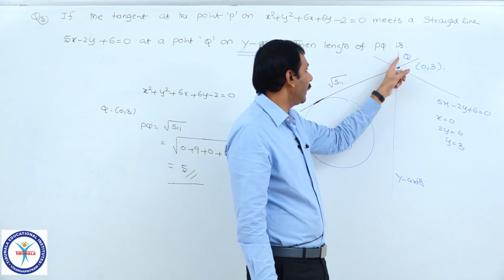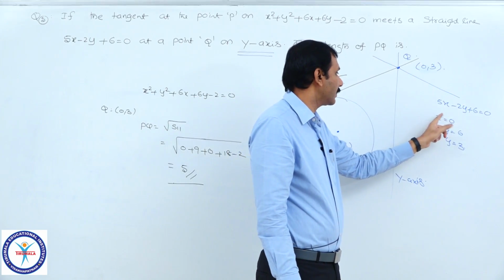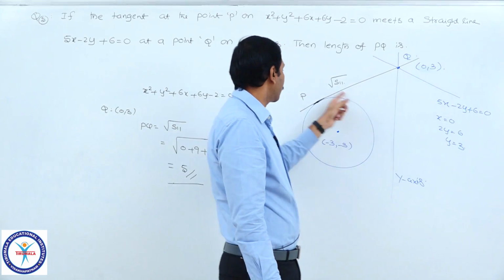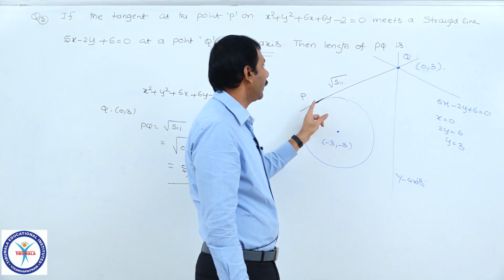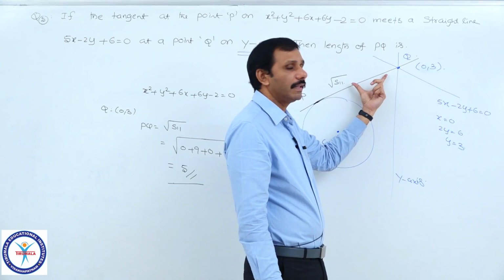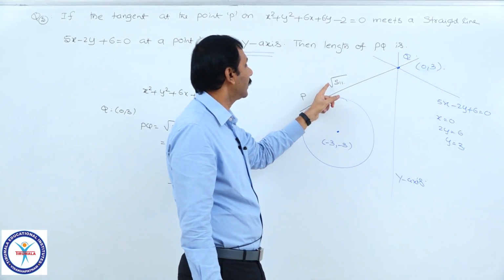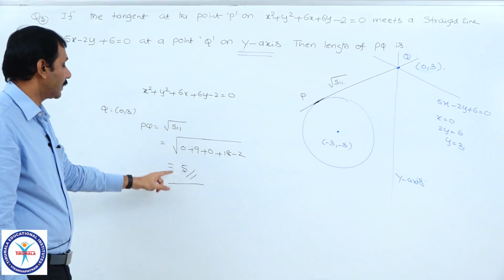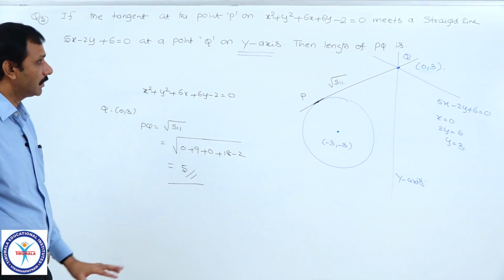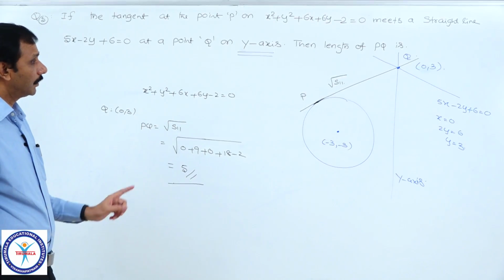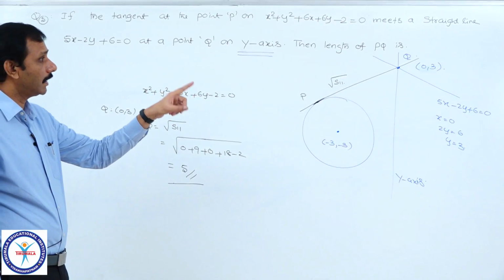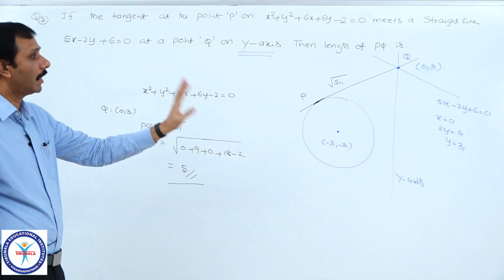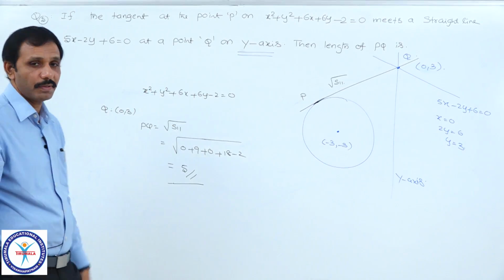I want Q coordinates because it is on the y axis. On the y axis x equals 0, therefore y value is 3, therefore we get this point. And the circle equation is already given, it is the point of contact, and the distance between these two is nothing but the length of the tangent, we know that is root S11. Circle equation and point, you know, root of S11 is this one. Such a simple problem it is, but you need to identify that those intersect on the y axis at a point Q, the coordinates of Q we want to do this problem.